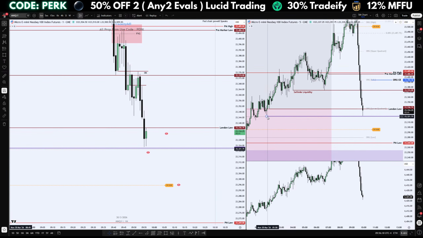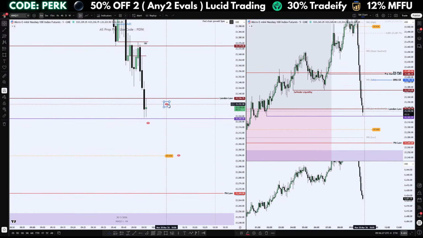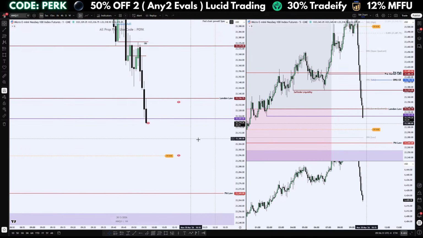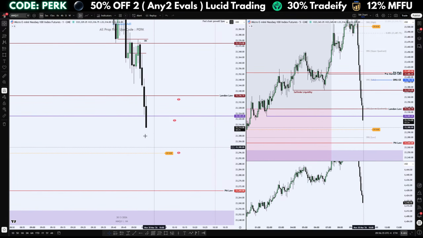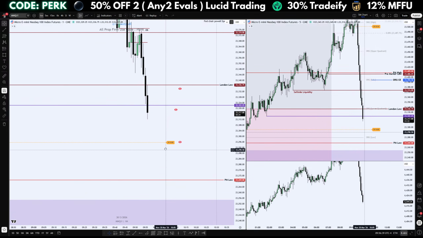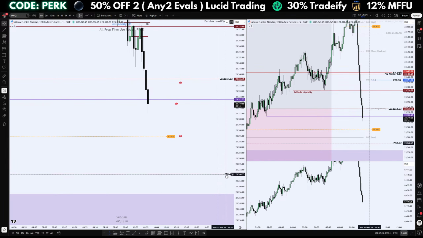So this is 23,321. We have taken out this low also, and this is the next level we can look for after taking a sell side, the NY session 00 midnight. And also you can look for the PM session low,